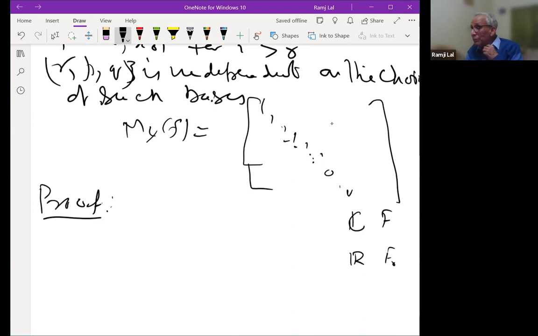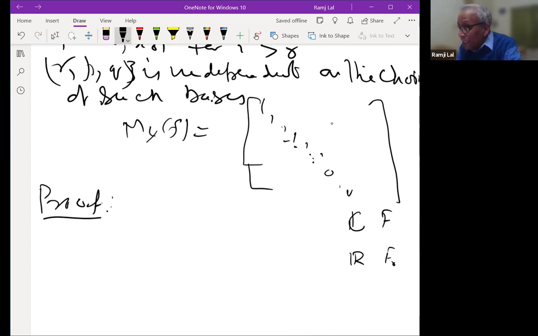You take any Hermitian form such that the Hermitian form of a complex number, then also this result is true, because in a more general setting, you can simply say that if you take a star to be an involution such that the fixed field F naught is a formally real field, with the property that there is a square root of every positive member of F naught. It's an ordered field, so you can talk of positive and negative. So the square root of every positive member is here.